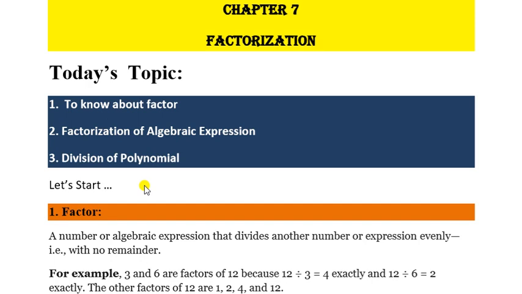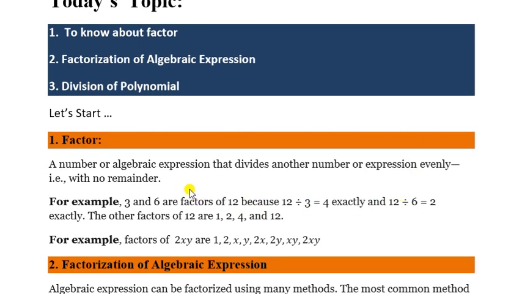And we can factorize our algebraic expression in different ways. That means a polynomial, different kinds of polynomial. It can be monomial, binomial, trinomial. Okay, and you know about factors, because you have learned in lower class factors of numbers. For example,